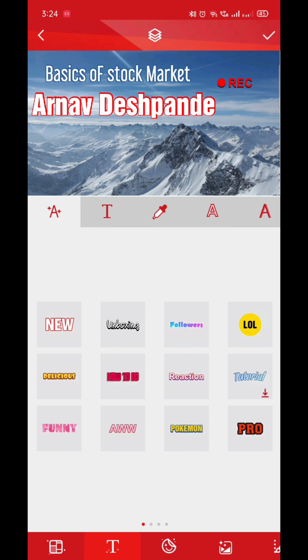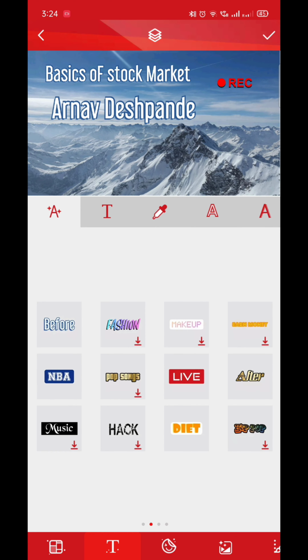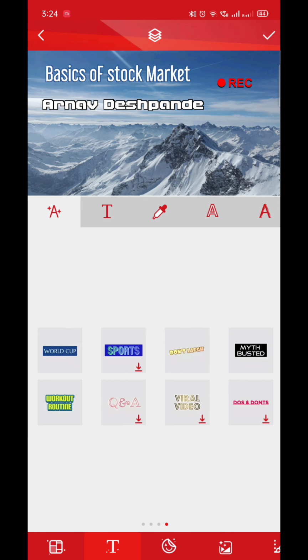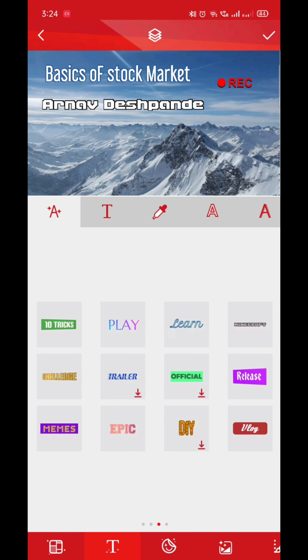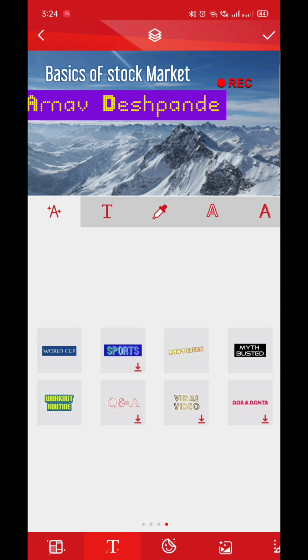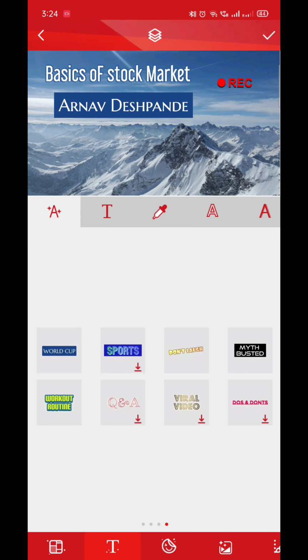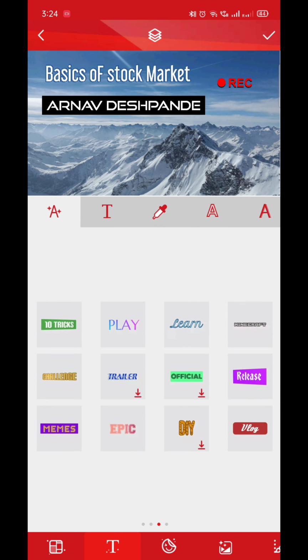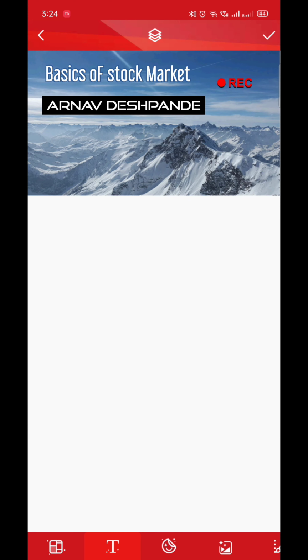In my vision this is a good one, and even you can use this one. This is also a super one, and also this one for something related to finance or like that, and even this one, and also I like this and this one. So these were all the good themes. I thought this was the good one, so I kept it here.